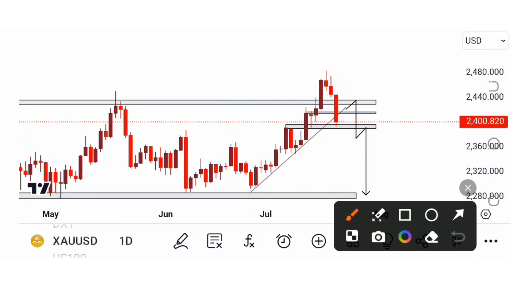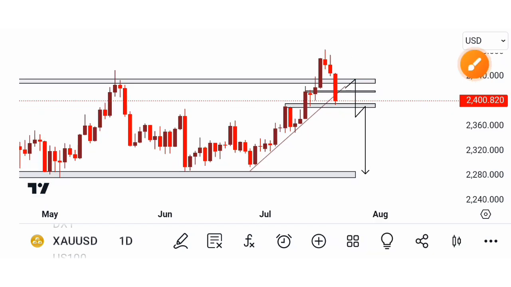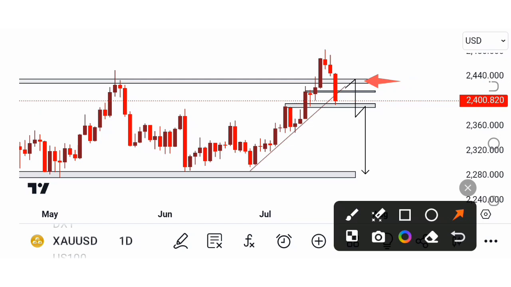So now that the market, instead of closing above this particular area, came and closed below, for me it is suggesting that the market is not ready to go for buys. So it's safe, for me personally, to look for sales. What I'm looking for in the week that is coming next week, I do see that this area is a very strong area of resistance over here. So if the market could give a pushback to that area, this is where I want to look for sales,